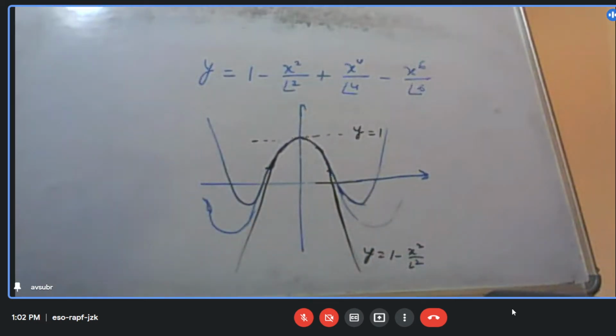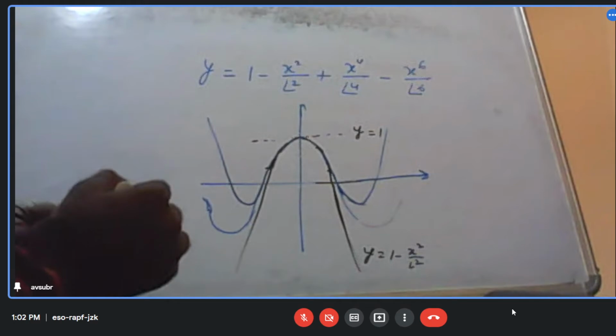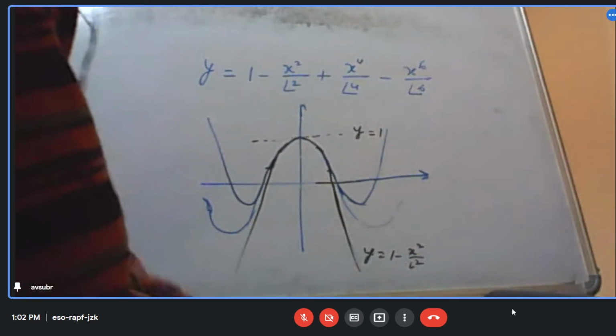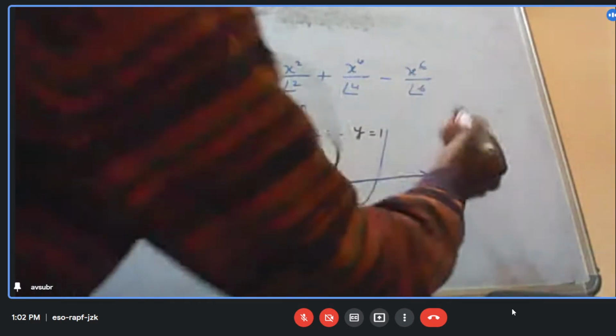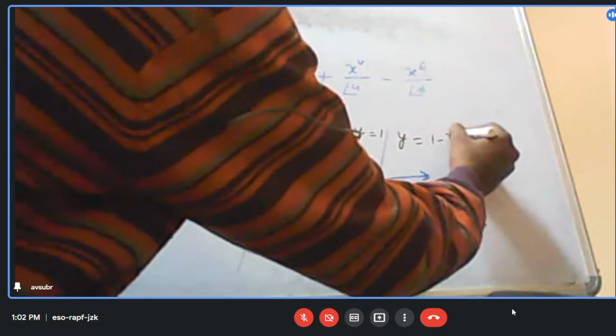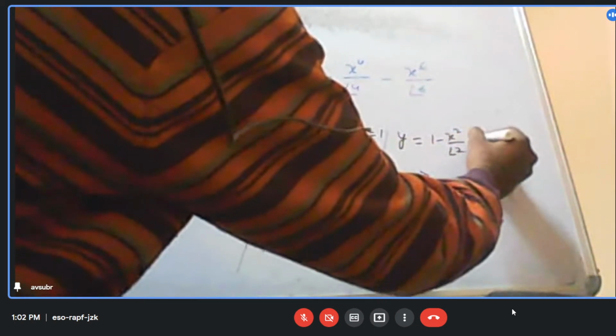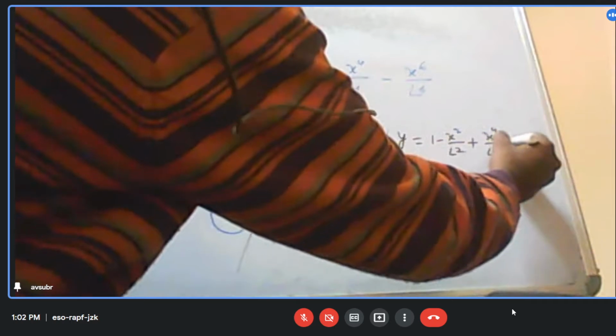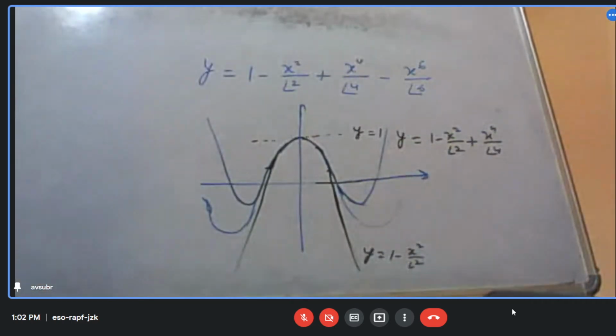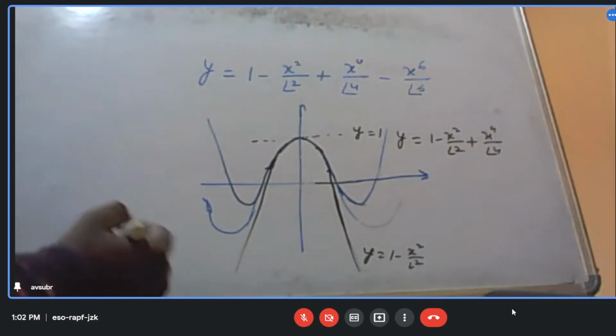Okay, larger values. Now if I plot this, so this was y equal to 1 minus x square by factorial 2 plus x to the power 4 by factorial 4. And now if I plot this one also,